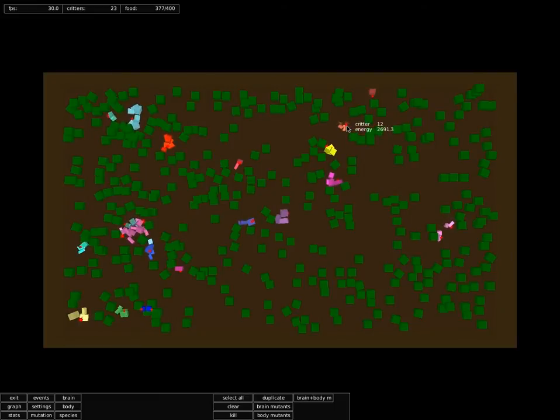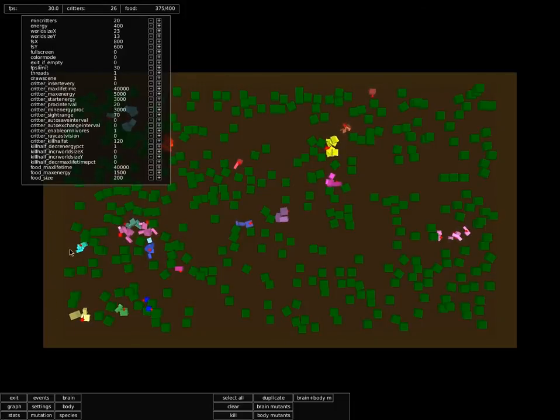And you can see on critter 12 right here, it starts with a certain amount of energy at the beginning, which is 3,000 I believe, and it slowly dwindles until it gets to 0, in which case this creature dies. If this creature dies and there's less than 20, another one will be randomly generated. And that setting you can adjust by clicking settings, and at the top, minimum critters. It starts out at 10, but I leave it at 20